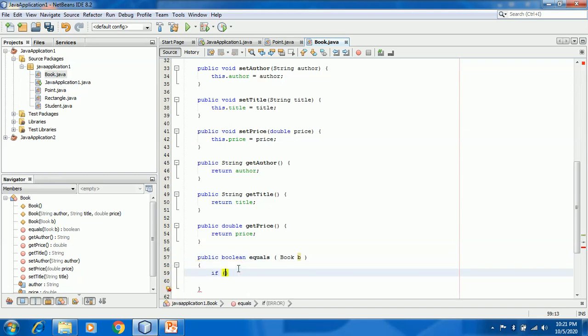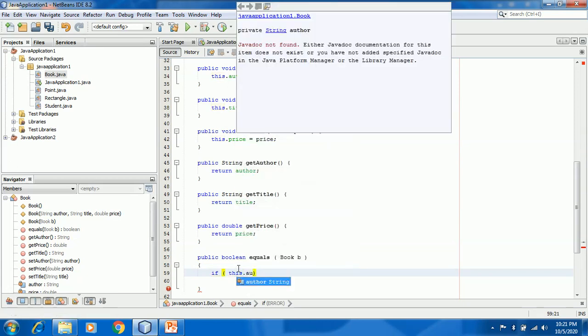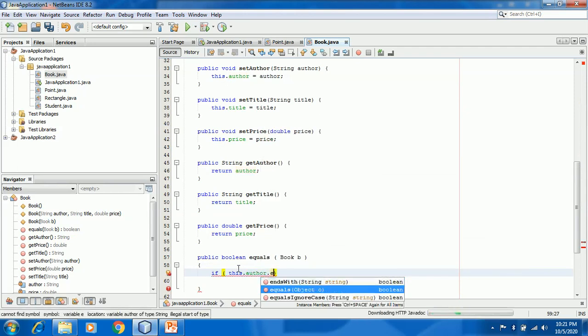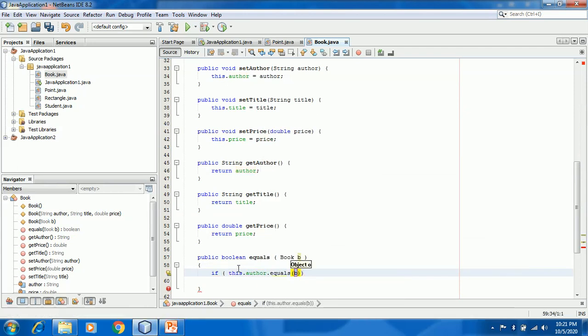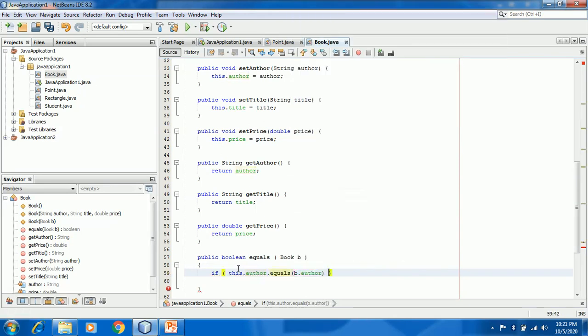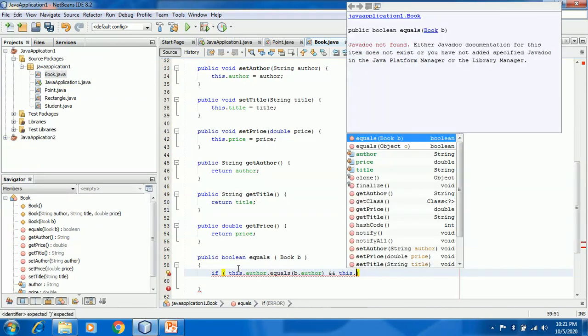If the calling object is referred to as this, I will write if this.author.equals(b.author), and I should have an AND condition between all the data member comparisons.